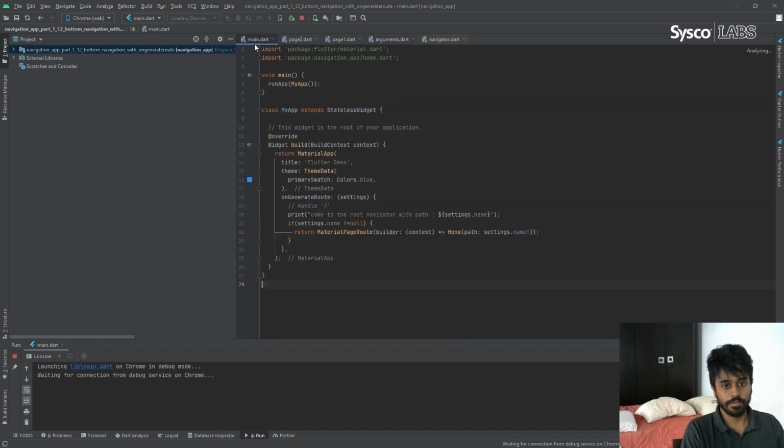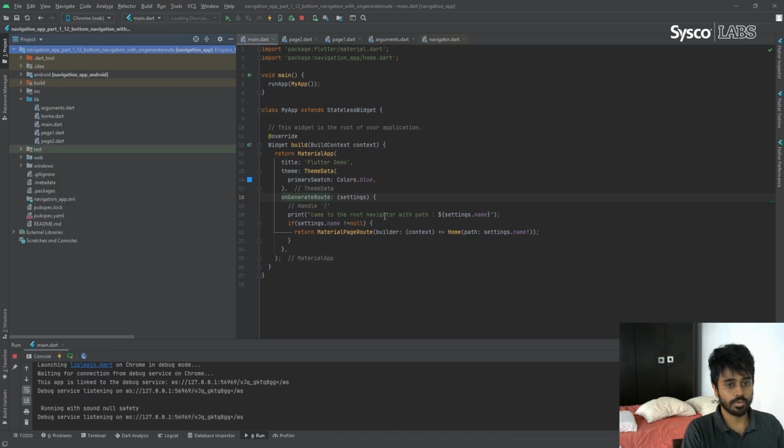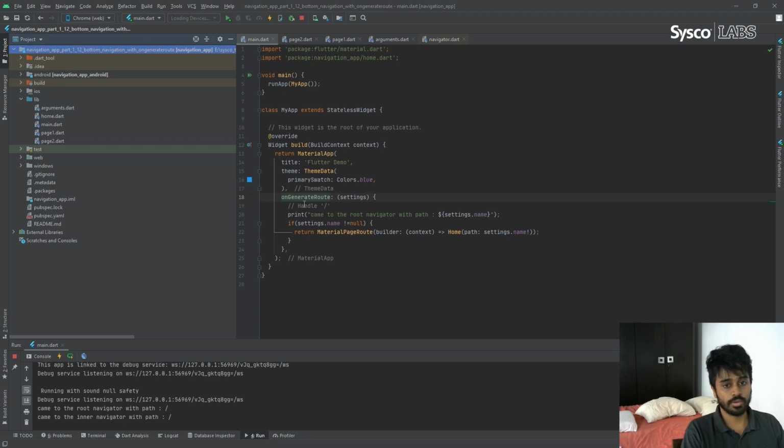Here in the main file, we have onGenerateRoute. Like before, when we were using nested routers, I had to create another page named home. So here also I created another page named home. Here also we are creating two separate routers to handle this bottom navigation bar. But how can we do it using onGenerateRoute?